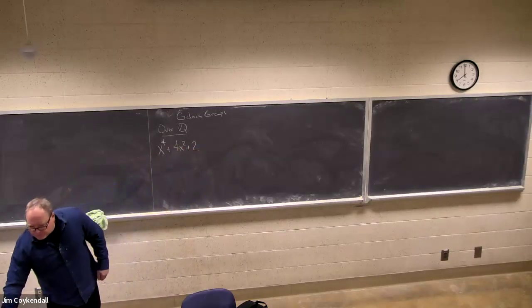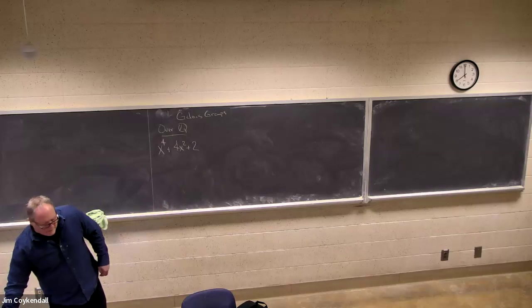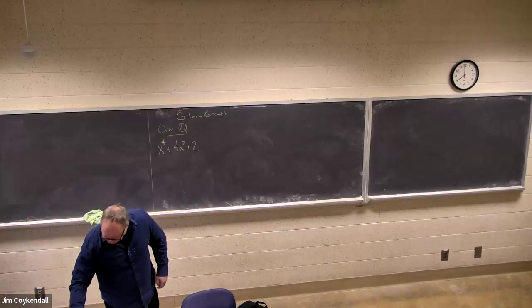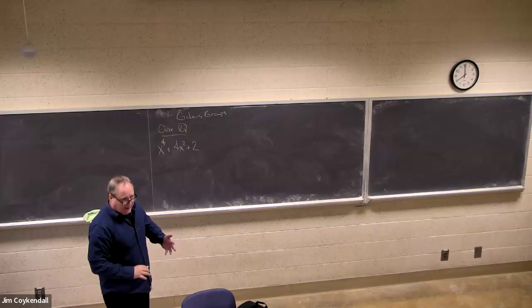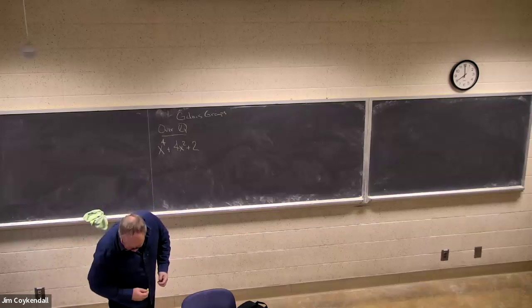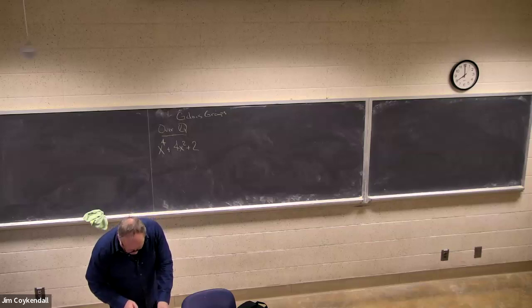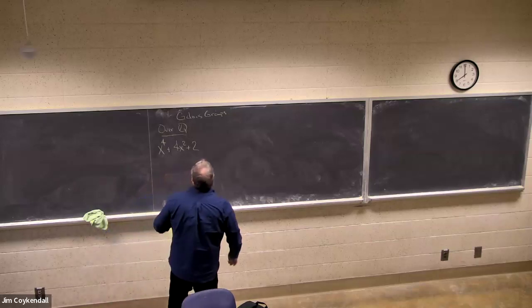Okay, so let's look at this one first. I'm going to rely on the formula that I gave you all last time for what the resolvent cubic was. What I get here,